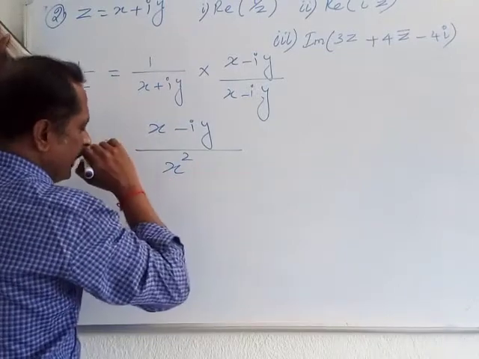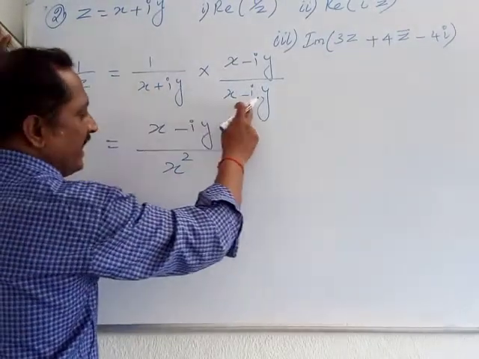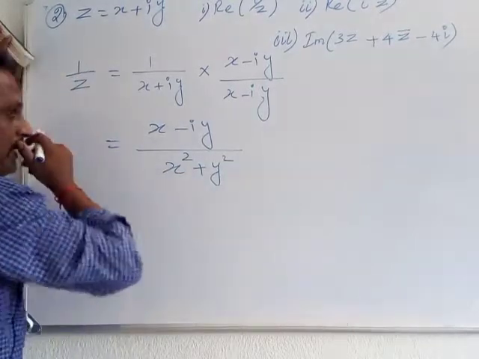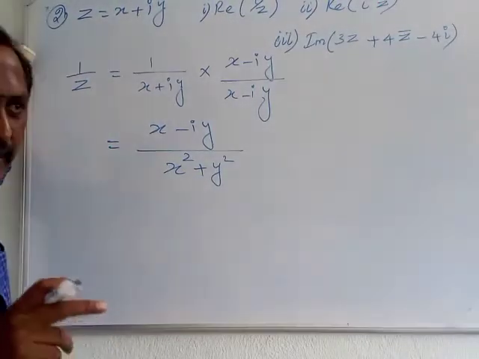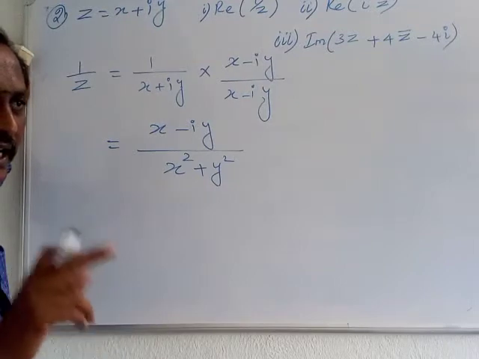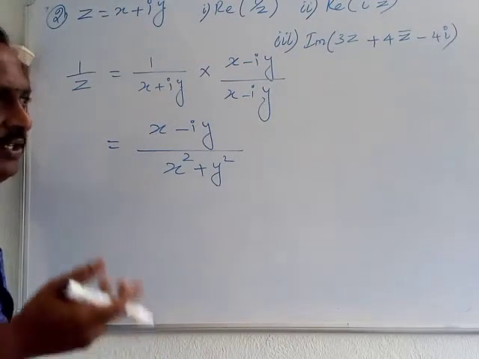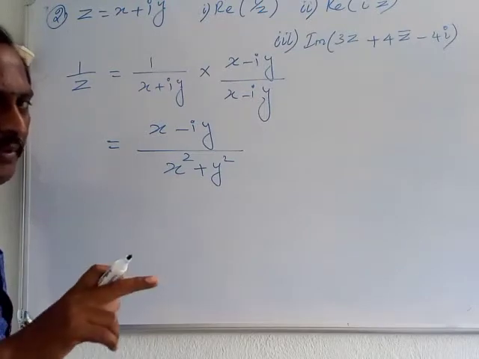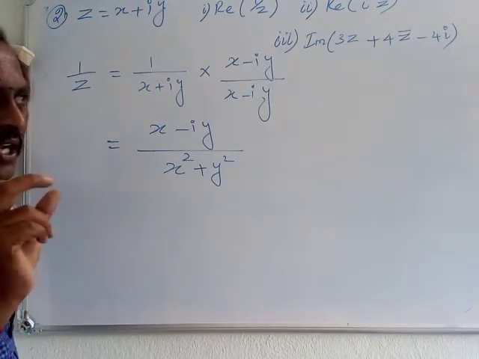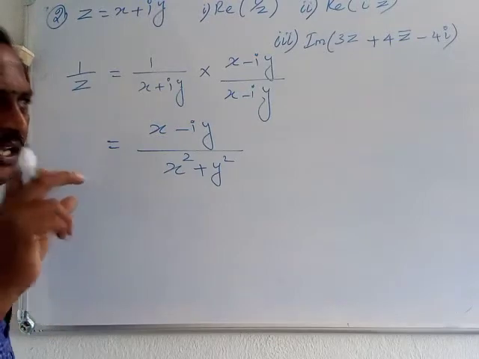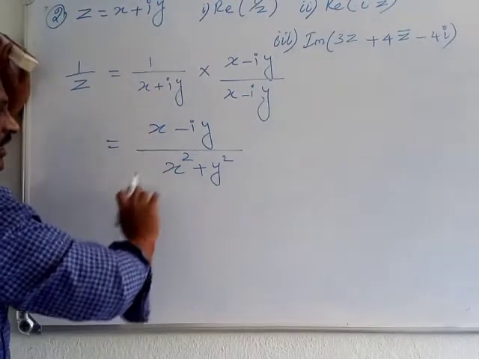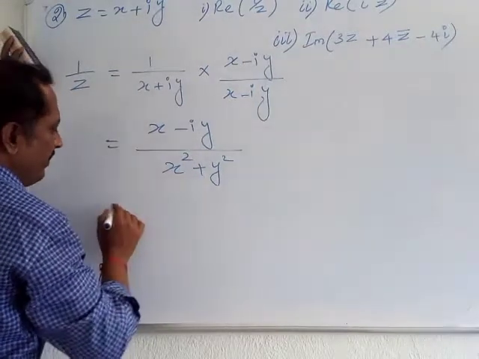In a complex number, when (a plus b) into (a minus b) comes, you have to write a squared plus b squared. But the general format of (a plus b) into (a minus b) is a squared minus b squared. So in the complex number, when the (a plus b) into (a minus b) format comes, we have to add the numbers only, that is x squared plus y squared. Omitting the i term, we can write it in the a squared plus b squared format.